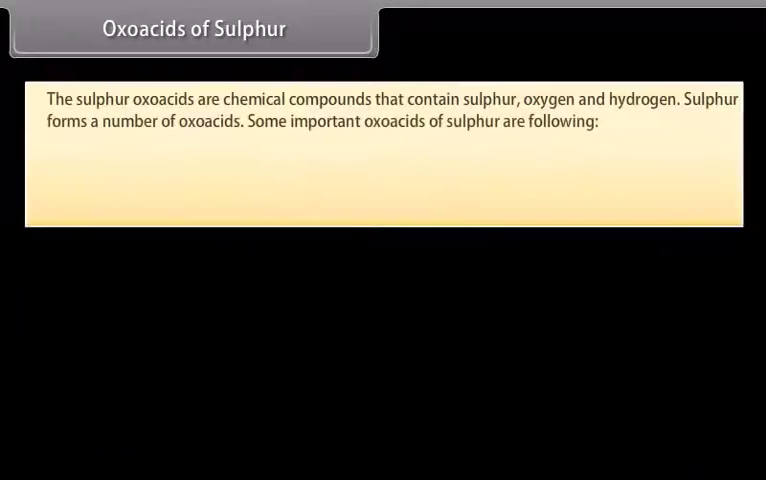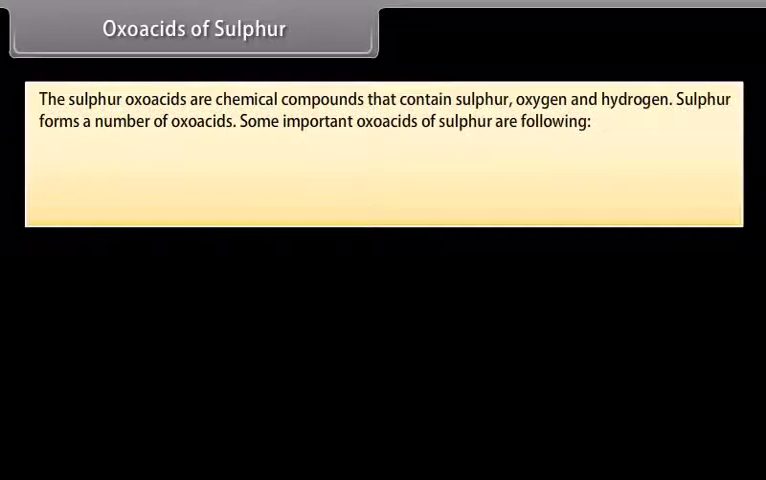Oxoacids of sulfur. The sulfur oxoacids are chemical compounds that contain sulfur, oxygen and hydrogen. Sulfur forms a number of oxoacids. Some important oxoacids of sulfur are the following: